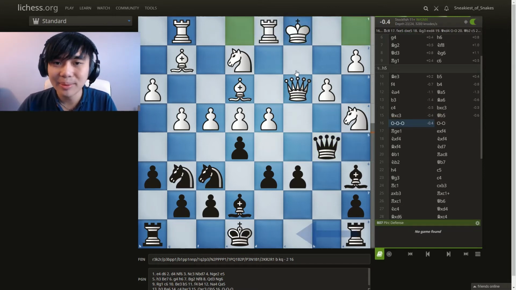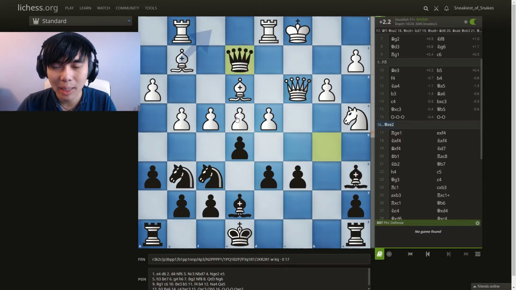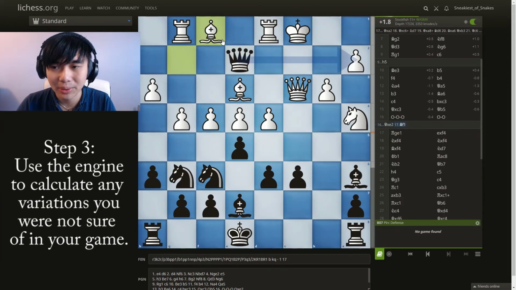So this was actually a mistake that I made during my own game, which is why queen c7 might be actually optimal because it defends the e5 pawn in a less precarious situation than queen b5. And the reason being that this queen can't actually capture here because bishop to f1 just traps the queen, right?